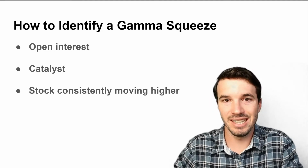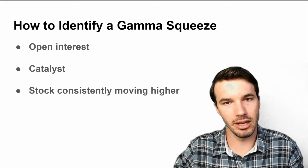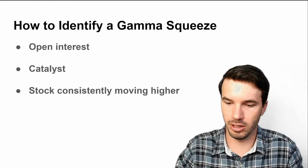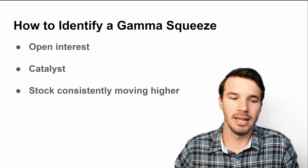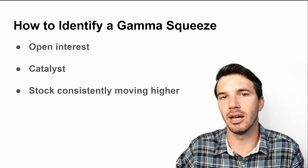So once you see that momentum start to build, you want to keep an eye on that open interest. Okay, is that open interest still high? Or if you haven't checked that open interest, maybe you see that spark in a stock, check that open interest, see what's happening. And the last thing here is you want to see the stock consistently moving higher, because